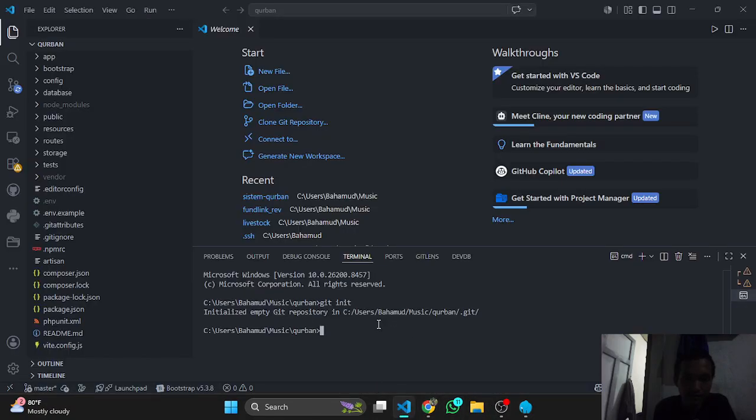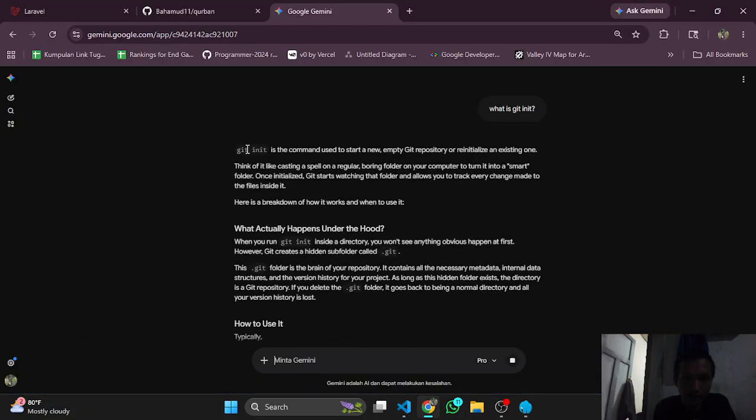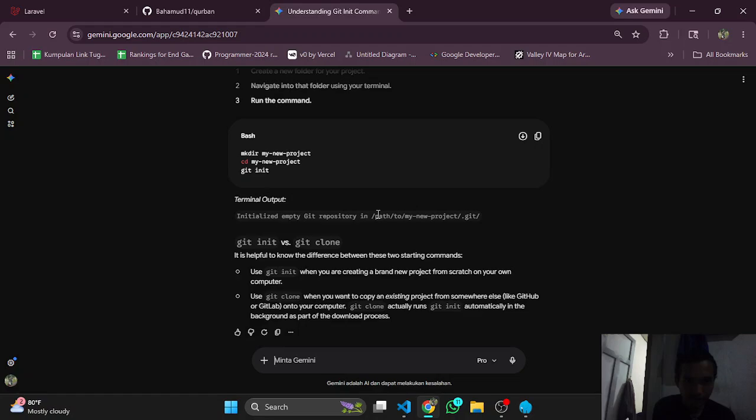Okay, it's already done. Git init is the command used to start a new empty git repository or reinitialize an existing one. You use git init when you're creating a brand new project from scratch on your own computer.